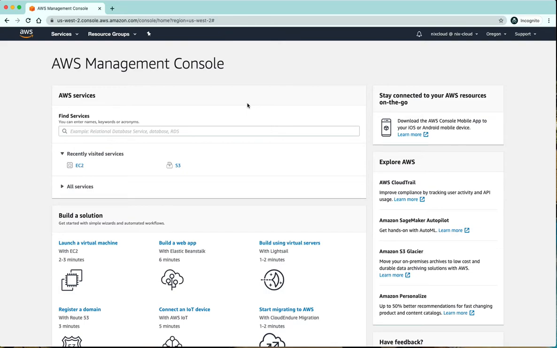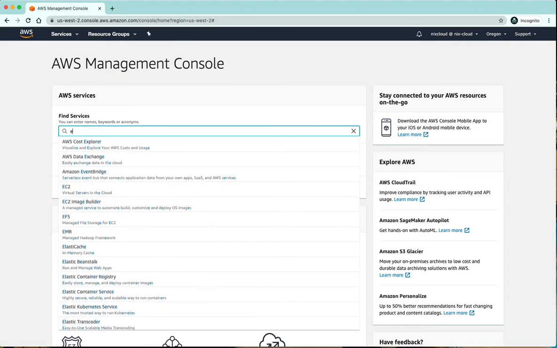Everyone, today I am going to cover how we can bootstrap any web server, any Apache server, during creation of an EC2 instance. To get started, you'll need to log in to your AWS account with some sort of admin privileges or privileges for EC2 and S3. Currently, I'm logged in as a user who has admin privileges on this AWS account. To get started, I am going to hit EC2 instance.